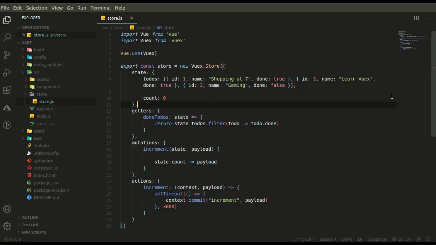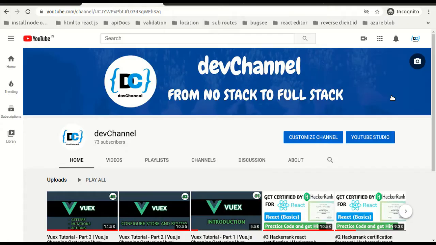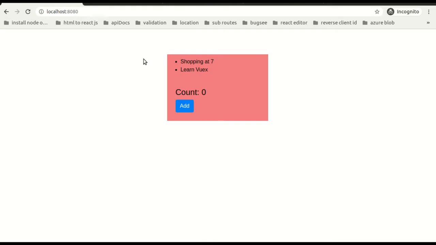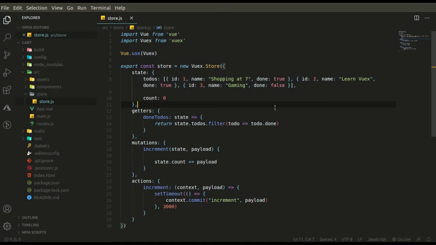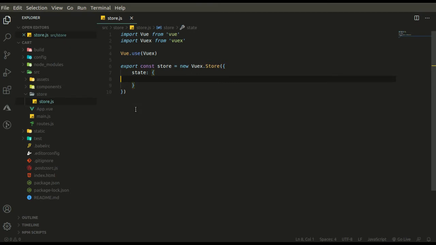Okay, so as you can see, this is the code that I used to make you all understand the concepts of Vuex. As you know, we have made this small component over here to understand its concepts. Now, to make the project, we do not need this data, so I'm going to just remove it so that we can start from scratch. Okay, so as you can see, I have cleared all the data as we do not need that data for our project.